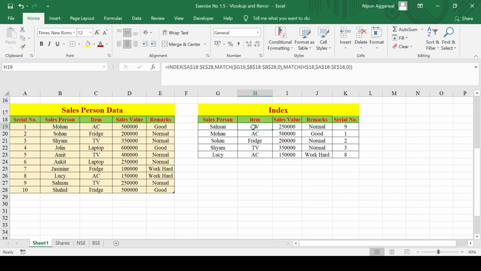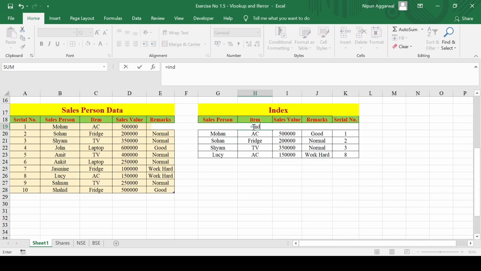So let's see what the INDEX function is. The formula for the INDEX function is equal to INDEX, brackets. It is asking for the array. The array is this whole table, then comma and the row number. For the row number,